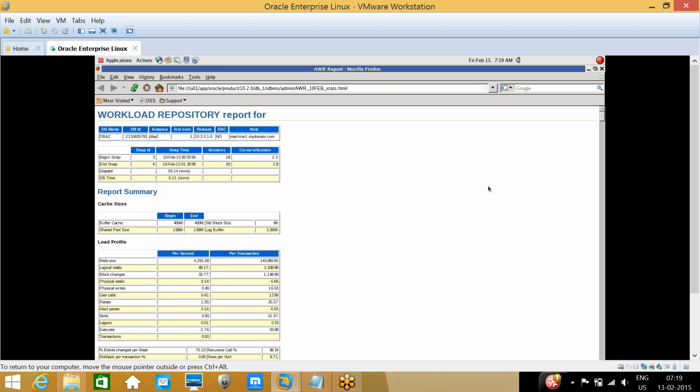You need to compare the AWR before changes and after changes so that you can see the difference: whether database CPU has increased, or any new SQLs are identified. If bad SQLs are identified that give a drastic change and take more elapsed time, we need to report the issue to the developers.